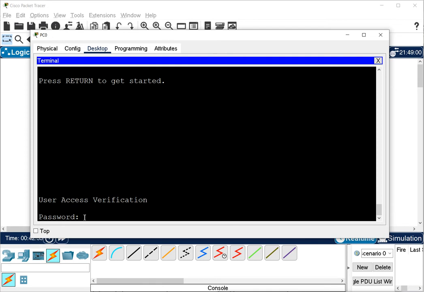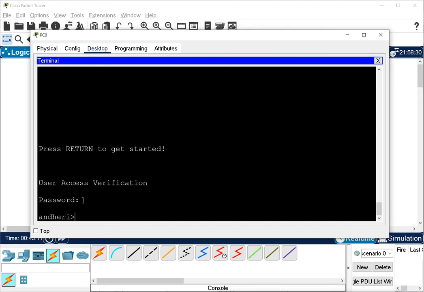It actually doesn't show you the password, and it does not even show characters like star or hash, whatever. While you are typing the password, it does not show anything. It is also because of security. So the password is typed. When I press enter, it will take the password, but you cannot see it while I was typing. It will not show stars like this when I type the password.